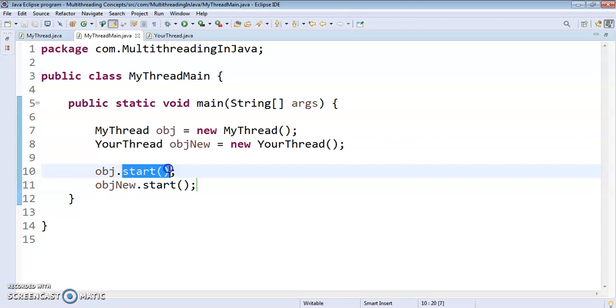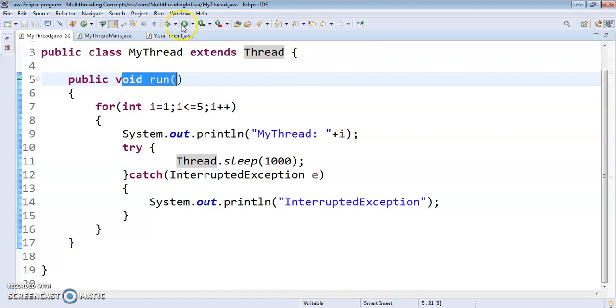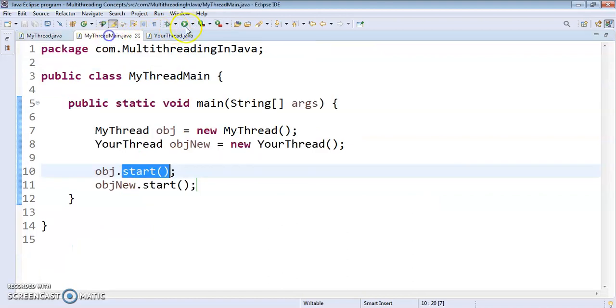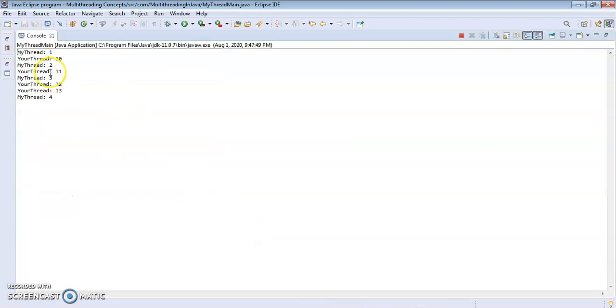The start method is also an inbuilt method of the Thread class which internally calls the run method. I hope you have got the concept of multi-threading, and practically we have also seen how the threads are executing simultaneously, which is the proof for the definition of multi-threading.